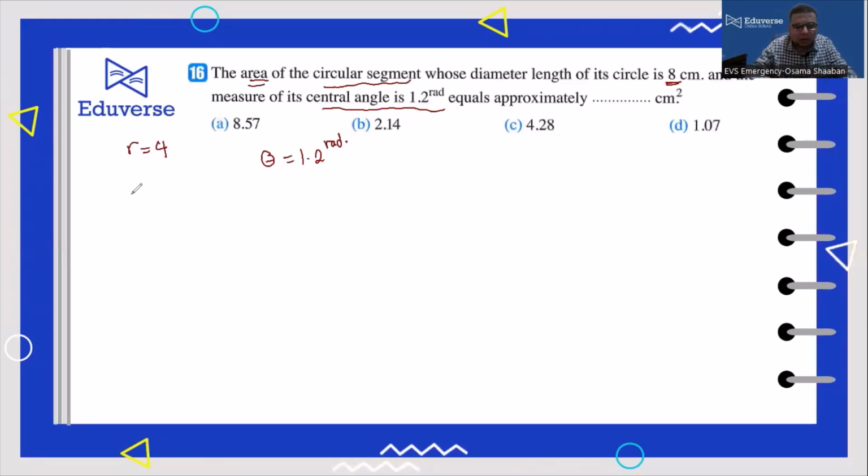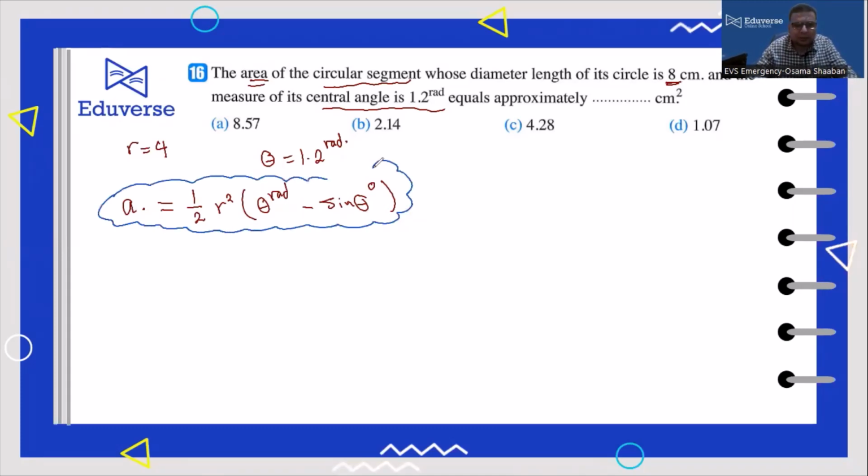So we studied before the area of the circular segment equals r square multiplied by theta in radian minus sine theta in degree. So you can put now the value of each one in the rule of the area. That's equal to 4 squared multiplied by theta in radian, which is 1.2, minus sine